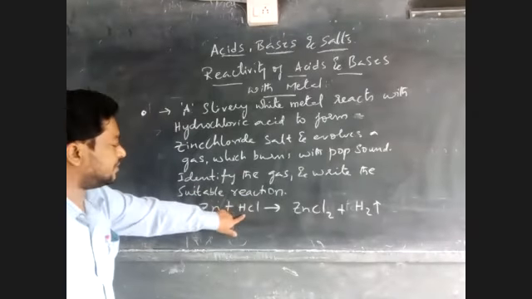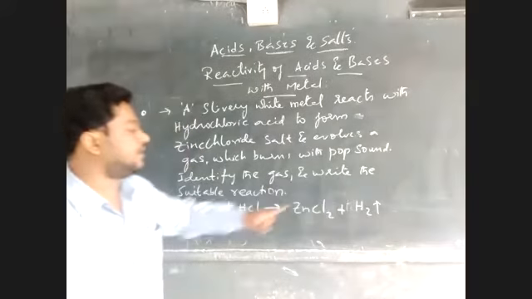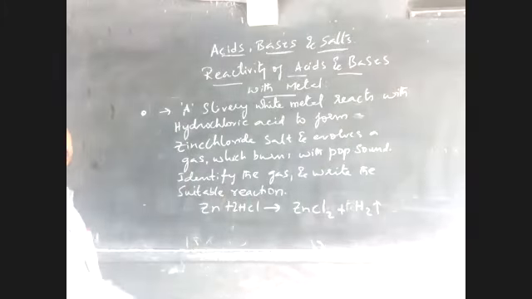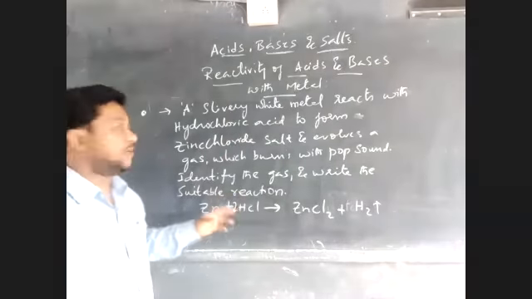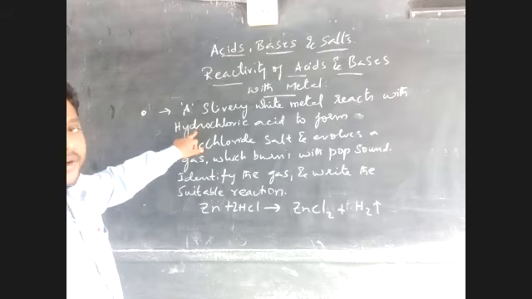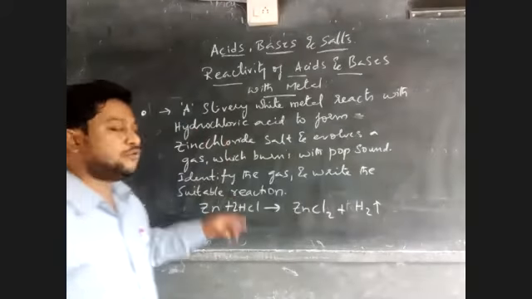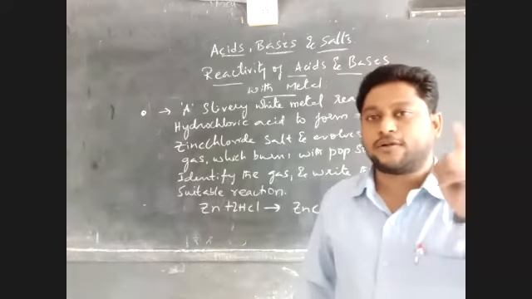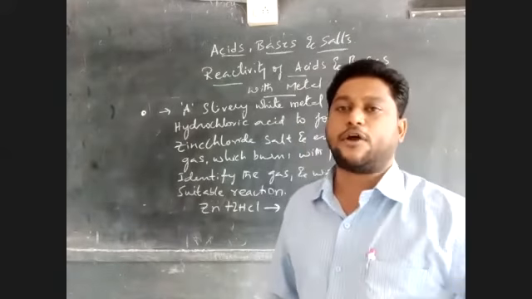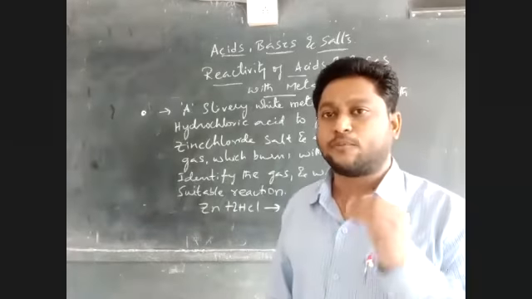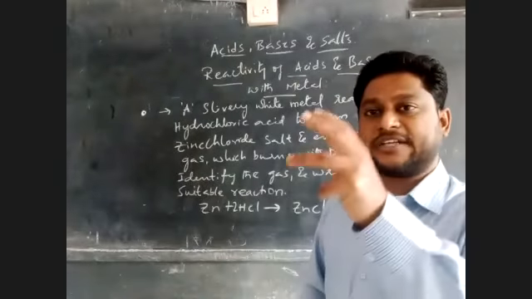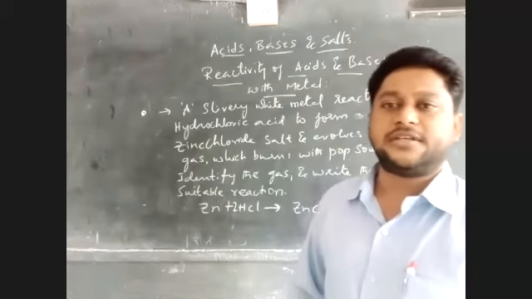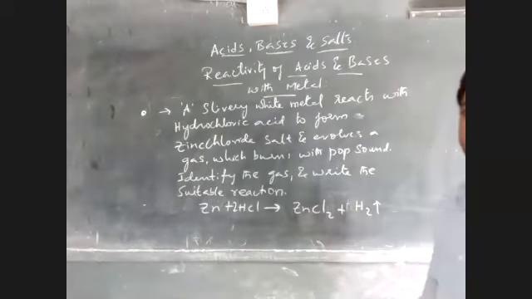So zinc reacts with HCl to form ZnCl2 and H2. The reaction is not balanced, I'm going to balance it here. Remember you need to write the reaction. The name of the compound is provided here, hydrochloric acid, so you should know the acid formula, that is HCl. We have also studied in the bridge course how to write the formula of a compound. Zinc chloride: Zn plus 2, Cl minus 1. You crisscross, you get ZnCl2. So this is how we have to write the answer.